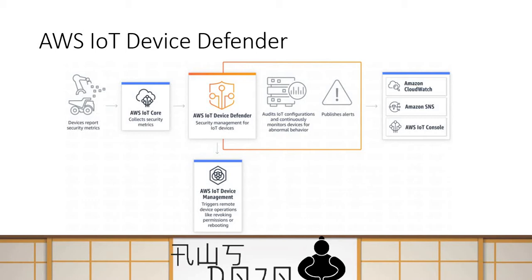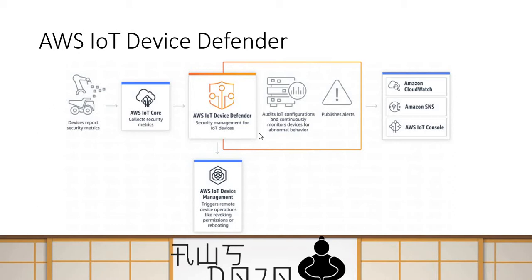It works in a pretty simple way. Your devices which are sending messages to AWS IoT Core using, say, MQTT protocol, send a lot of security metrics along with the messages. Those metrics as well as your IoT configuration both are audited by AWS IoT Device Defender, and